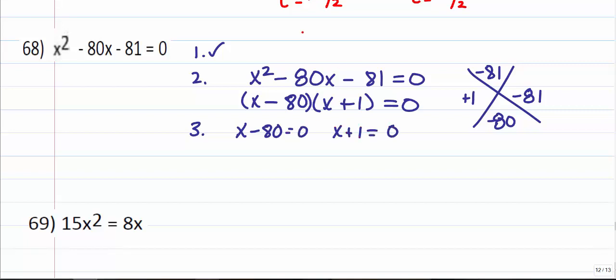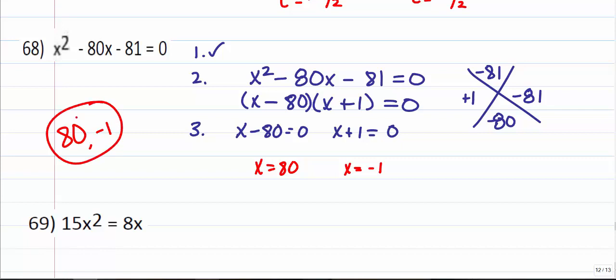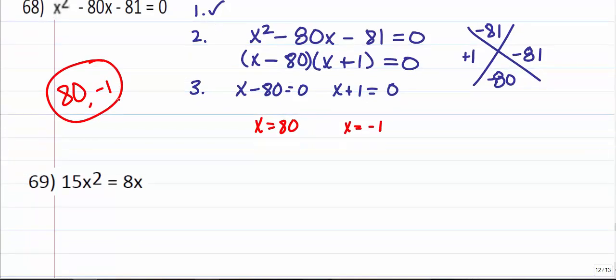My hand is going to fall off. And so I end up with 80 and negative 1. So 80 and negative 1. Okay. And then